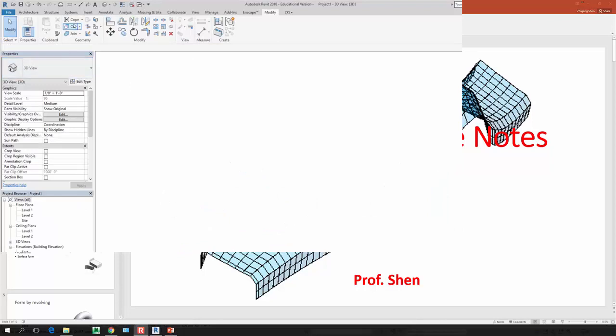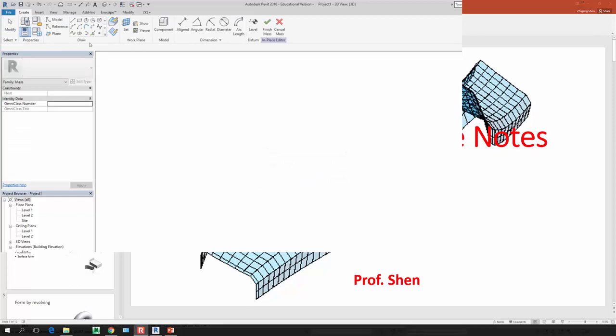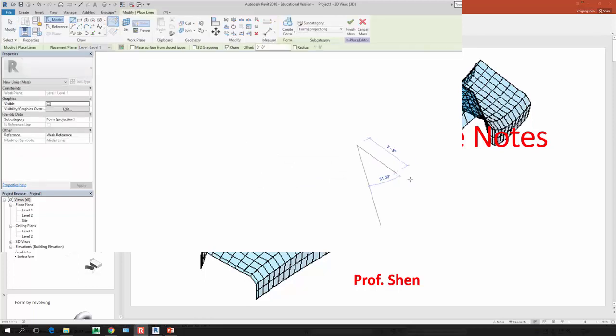So let's go to mass again, massing in place, mass 1. Let's first draw a line. This line is actually going to serve as a revolving axis. You may wonder how the computer knows. Well, that's the rule, right? If you draw a single straight line, then you draw another profile, the computer will interpret this as I'm going to revolve my profile around this line, right? That's the rule. So let's draw a circle next to that,